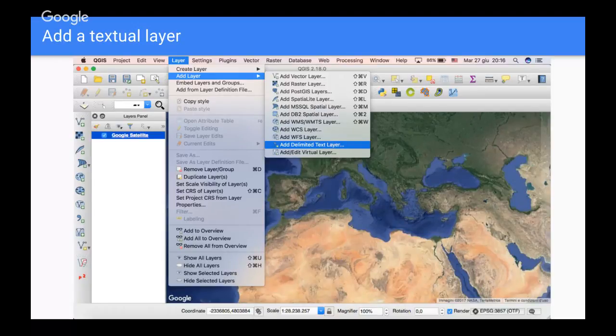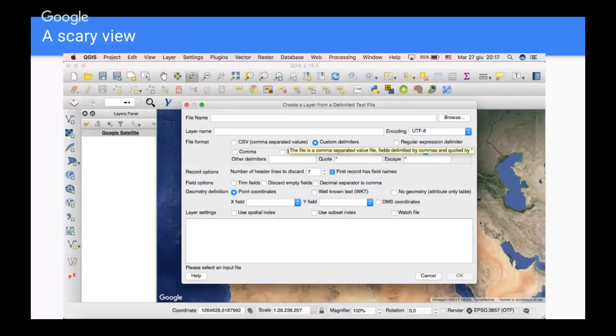Because in this case I decided to work with a CSV format, and a CSV format is a delimited text par excellence. It will open for you this window of options, which may be a little bit confusing at the beginning. Remember that you can always hover your mouse over the various options, and it will provide you short explanations of each thing. Another good thing about QGIS is that it's probably available in your own language. There is one in Italian, one in German, one in French, for example. So that's quite a good thing, I think.